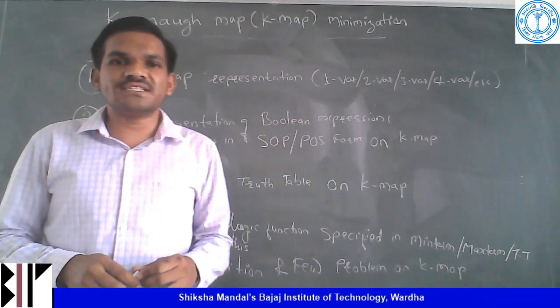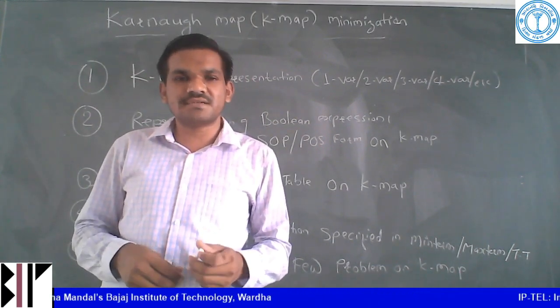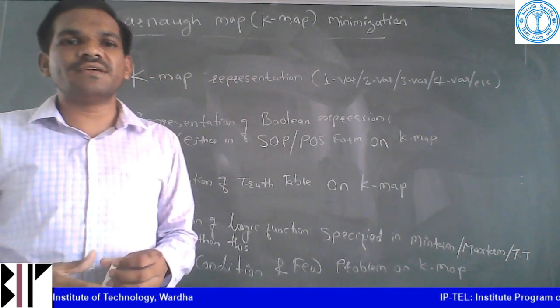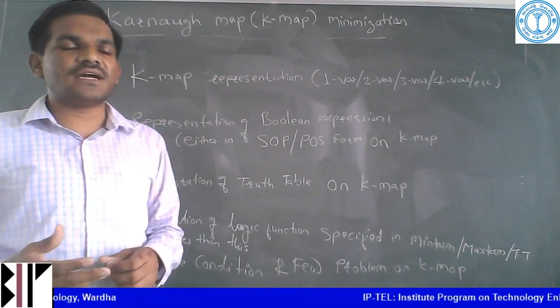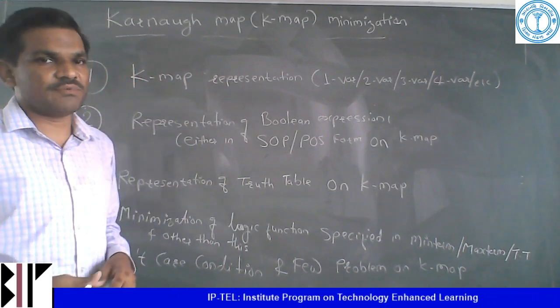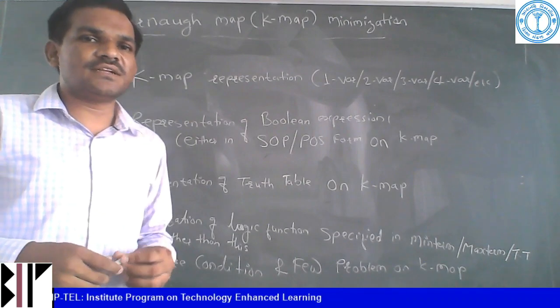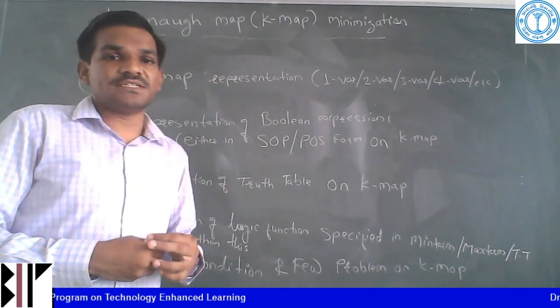Before starting this K-map minimization, I wanted to revise some min term and max term concepts in terms of four variables, so that you will understand how they will be represented in two variable and three variable. So I am explaining the four variable representation of min terms and max terms, which will be easier in this K-map minimization. Okay,